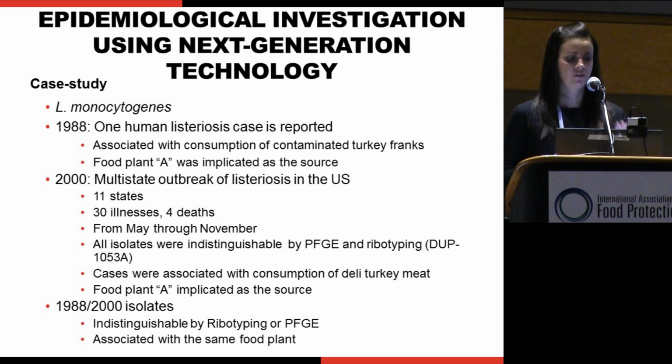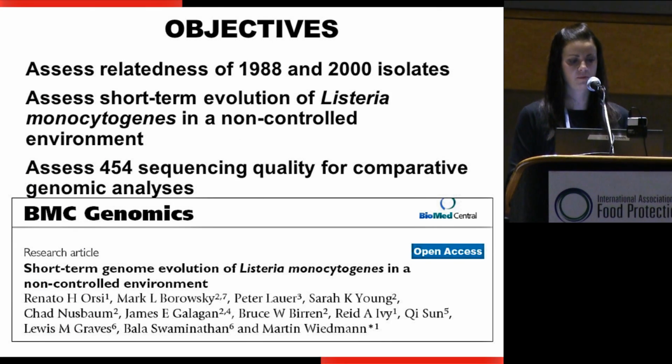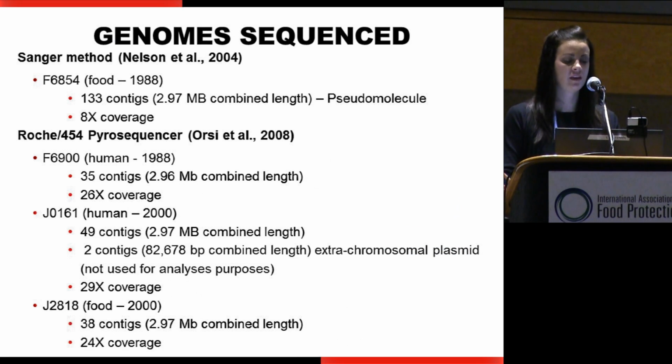and we sequenced those to understand if it was the same strain, because the strain from the case and the outbreak had the same PFGE type and the same ribotype. That doesn't necessarily mean that they're the same clone or they derive from the same ancestor. So we wanted to understand how that particular strain had evolved in that processing plant over the 12-year period. And this is just the title of the paper. So in short, this sequencing was done using the first technology of next generation sequencing, the 454